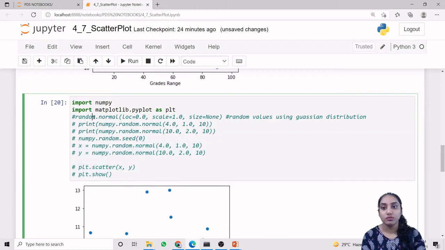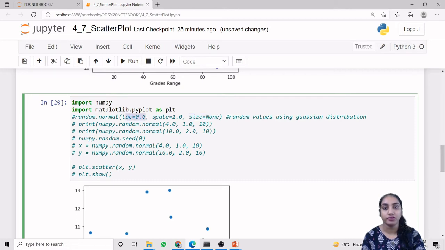Okay, so what is this numpy? It is a numerical calculation module available in Python. We are using the numpy module here for random number generation. We are using the method random.normal, which has the syntax: the first argument is the location value, the second is the scale value, and the third is the size, that is the total number of random numbers we want. So it will create that many random numbers, with the location.